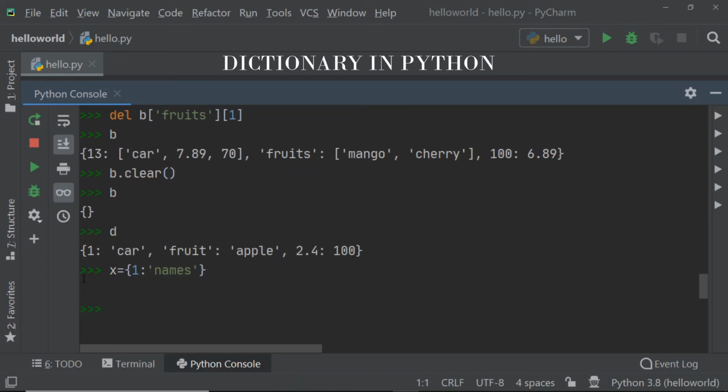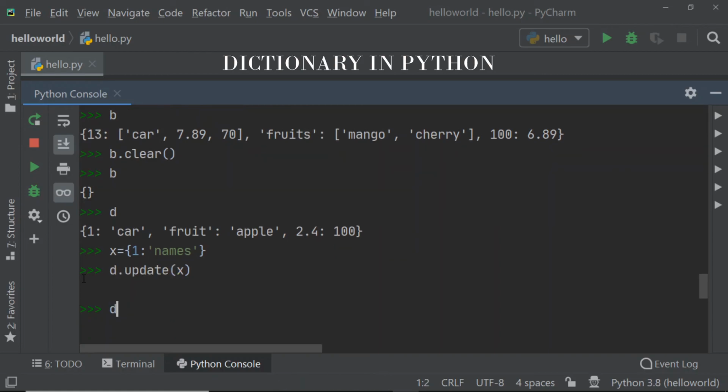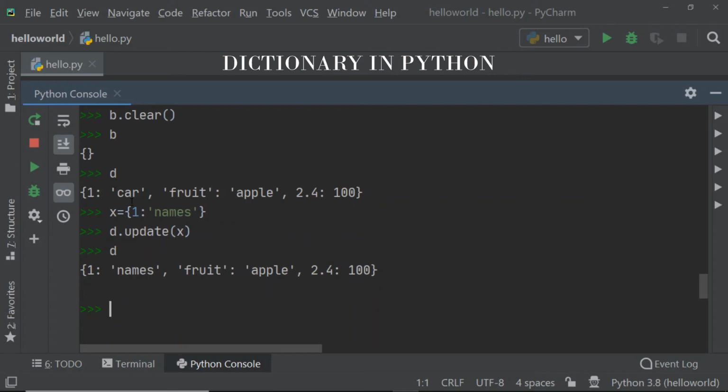Now when we use the update function, we have to mention the dictionary name that we want to change, then dot update, and in that, what changes you want to make. So I update with X. If you observe the D dictionary now, previously key 1 had the value car, but I have updated it and the value is now names.